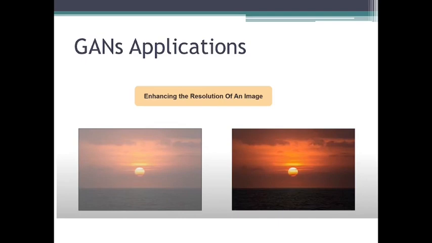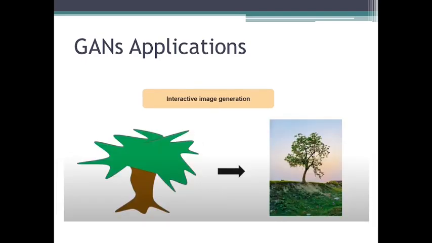We can use it for documentation security, we can use it for detecting patterns, etc. And last but not the least, we have interactive image generation. So GAN can be used to generate interactive images as well. And the Computer Science and Artificial Intelligence Laboratory, also known as CSAIL, has developed a GAN that can generate 3D models